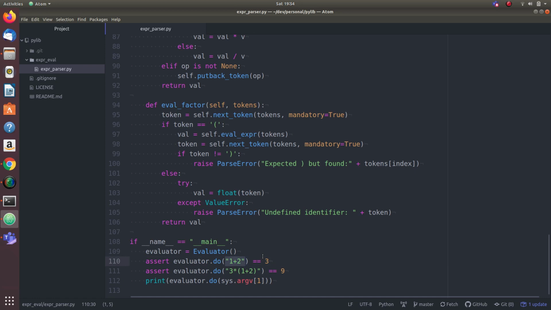Basically there are three steps in order to achieve this. The first step is to split this into tokens. For example, here the first token would be 1, then plus, then 2. Or let's say this is 10 plus 20, and this should be 30. So the first token is 10, then plus, then 20. That is tokenization. And then the second step is parsing.